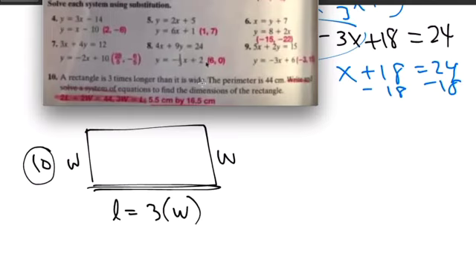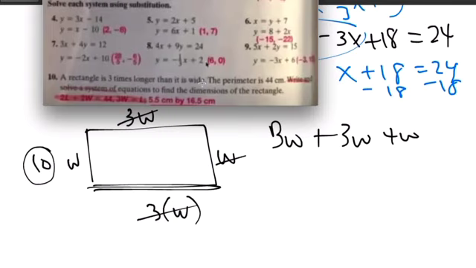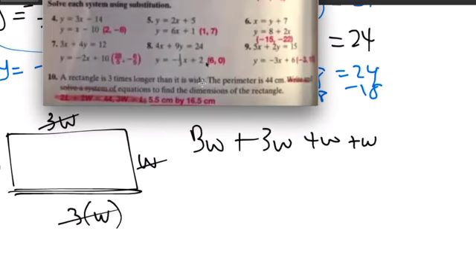The perimeter, so L here, so this length here is 3W. The length is 3W. The perimeter is 44. So you add them all up. 3W, that, plus this 3W, plus that W, plus this W, equals to, the perimeter is 44. 8W equals to 44, right? So you divide by 8,